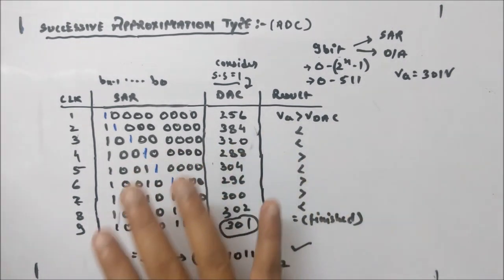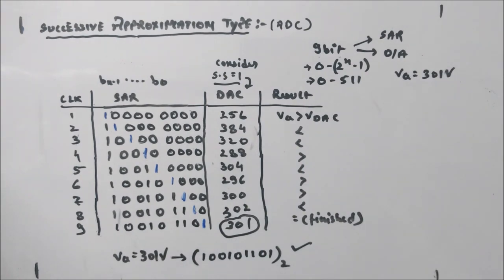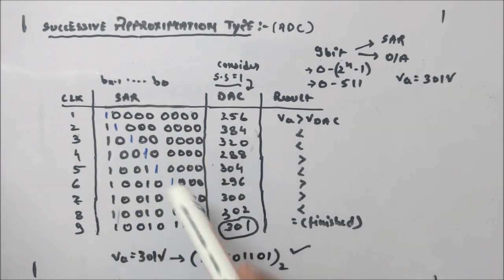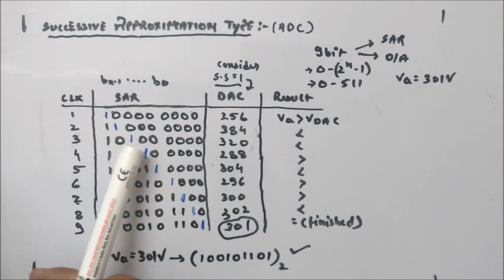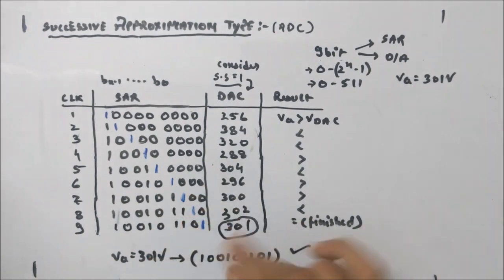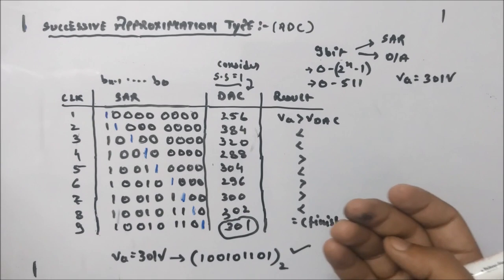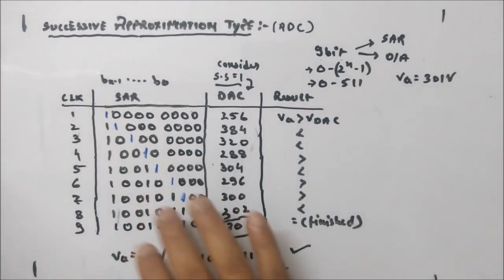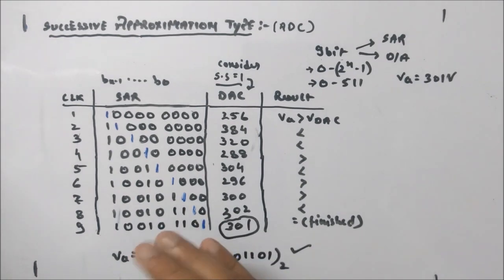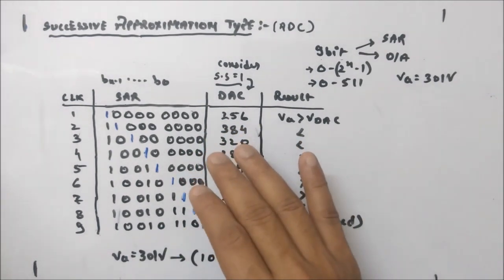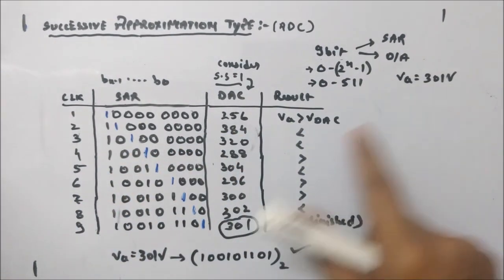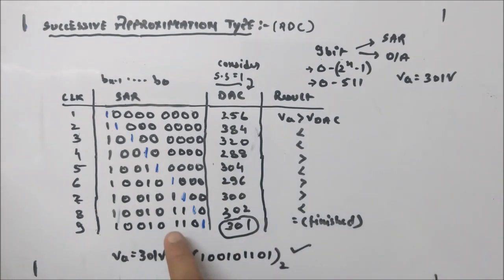So I hope the process is clear the way we were discussing before. Okay, so this is how you go on. First you check this, then this, likewise. So it is fixed, it depends upon the bits of SAR and D2A converter. It goes from first to last bit, checking whether the bit will be 0 or 1 based upon the analog equivalent of these digital bits, and it will compare with the given analog voltage. Based on the results it will either select 0 or 1.